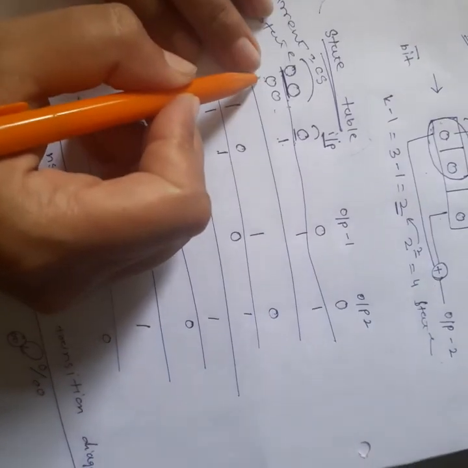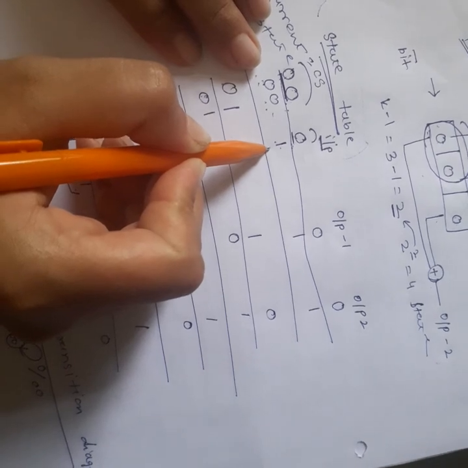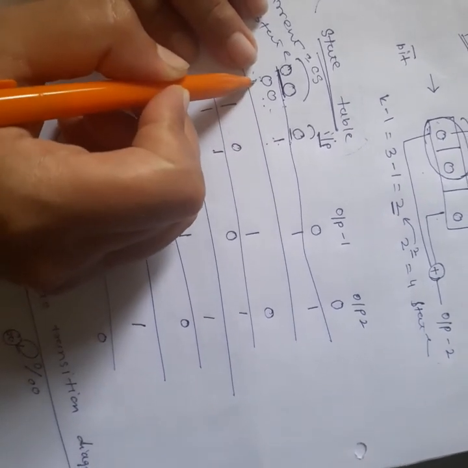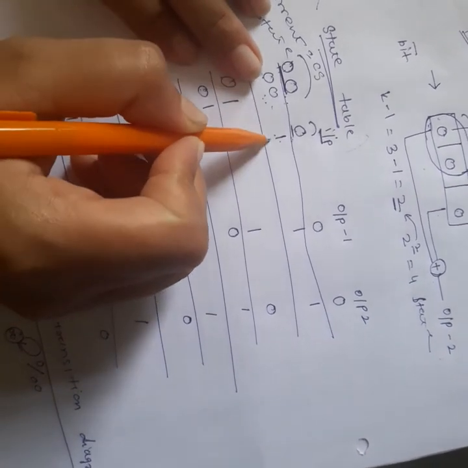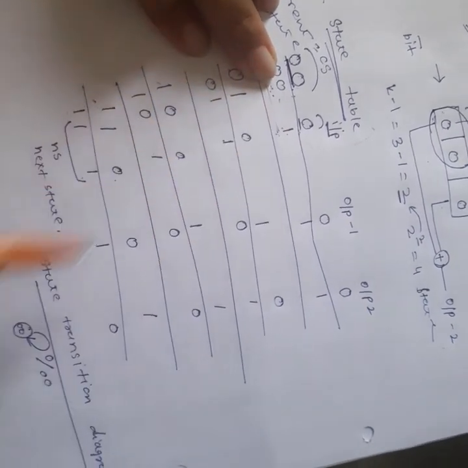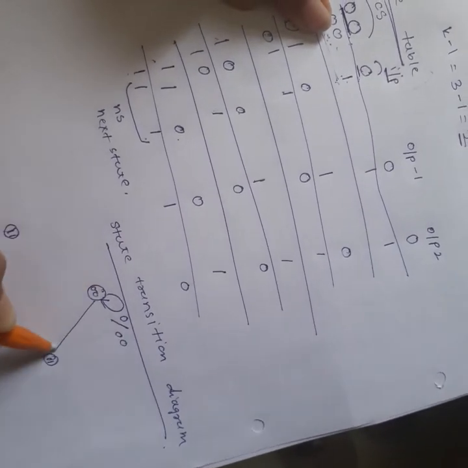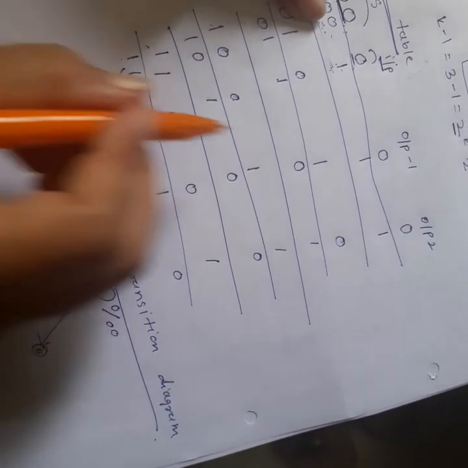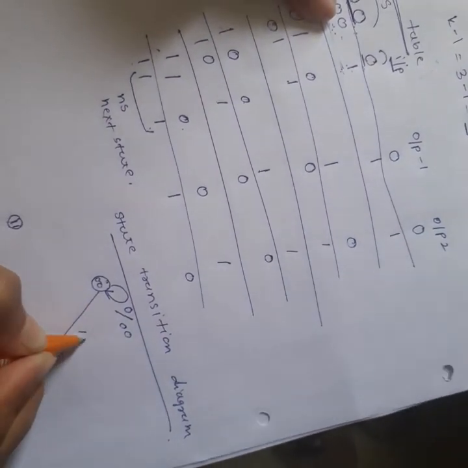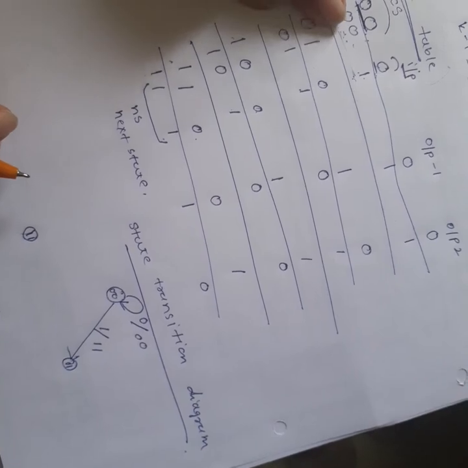If my current state is 0 0 and I provide input 1, again I am repeating, my next state would be 0 1, right? So from 0 0, if I provide input 1, I would be in 0 1, but what would be the output at that point in time? 1 1. So I have to write it like this, 1/1 1, right?